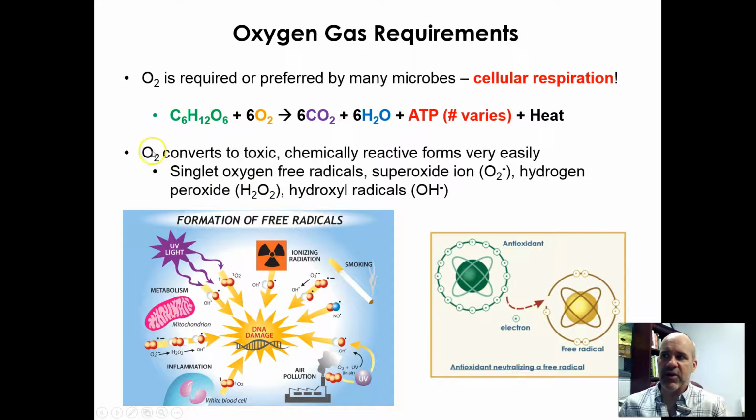cause or trigger these O2 molecules to react with other things in the cell and produce these toxic oxygen-containing compounds. So radiation exposure, UV light from the sun in the human body. If you're a smoker, you have more of these toxic oxygen-containing molecules produced, air pollution, etc. But the biggest problem is these will react with things like your DNA. They can damage your DNA. And same thing in a microorganism.